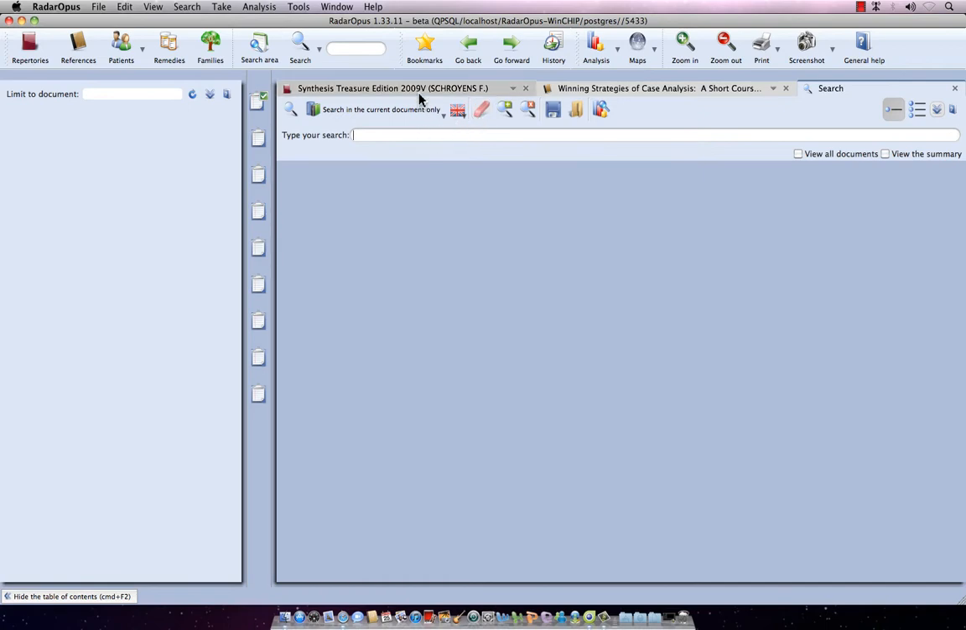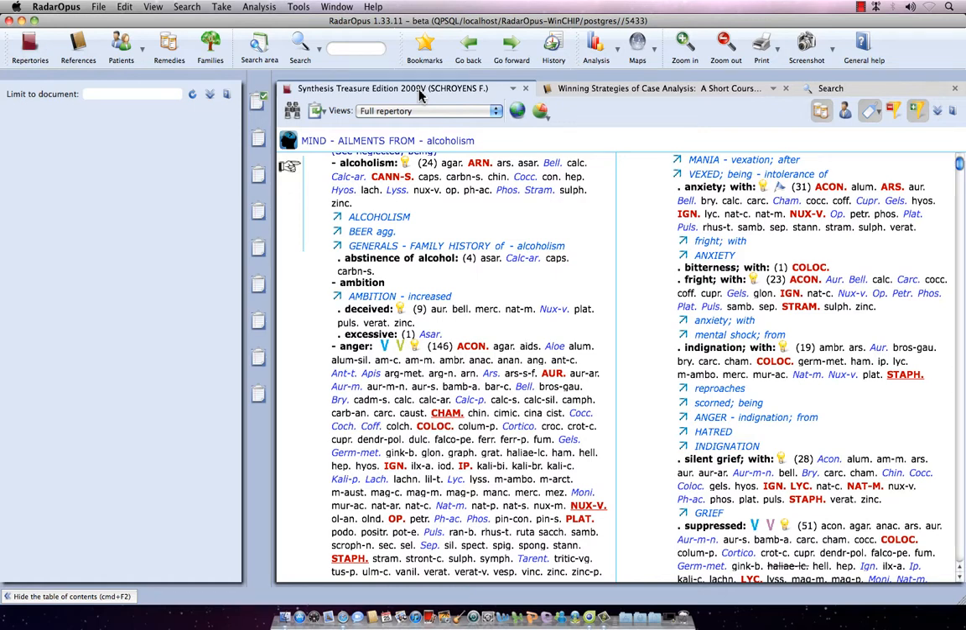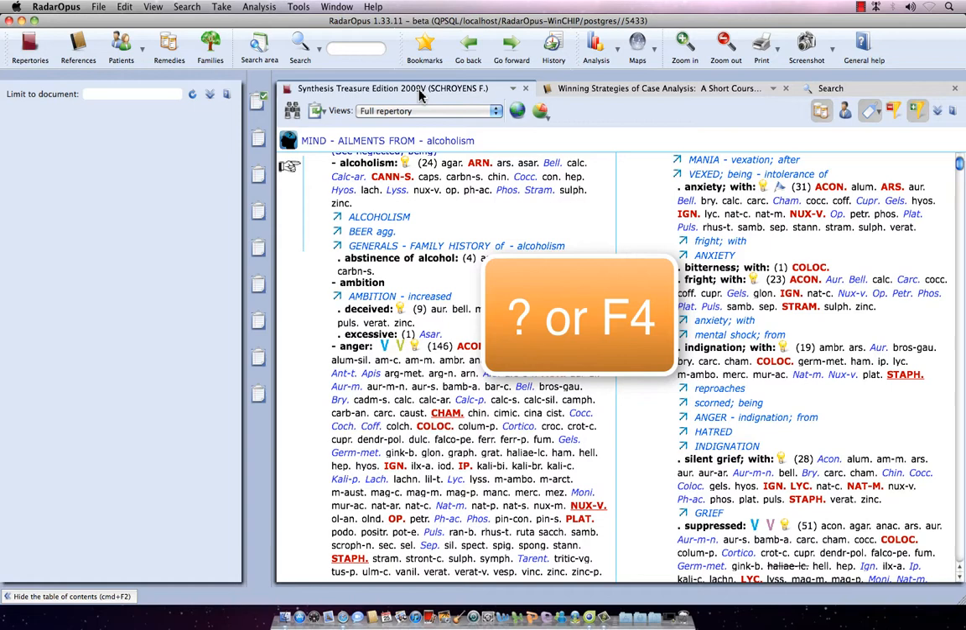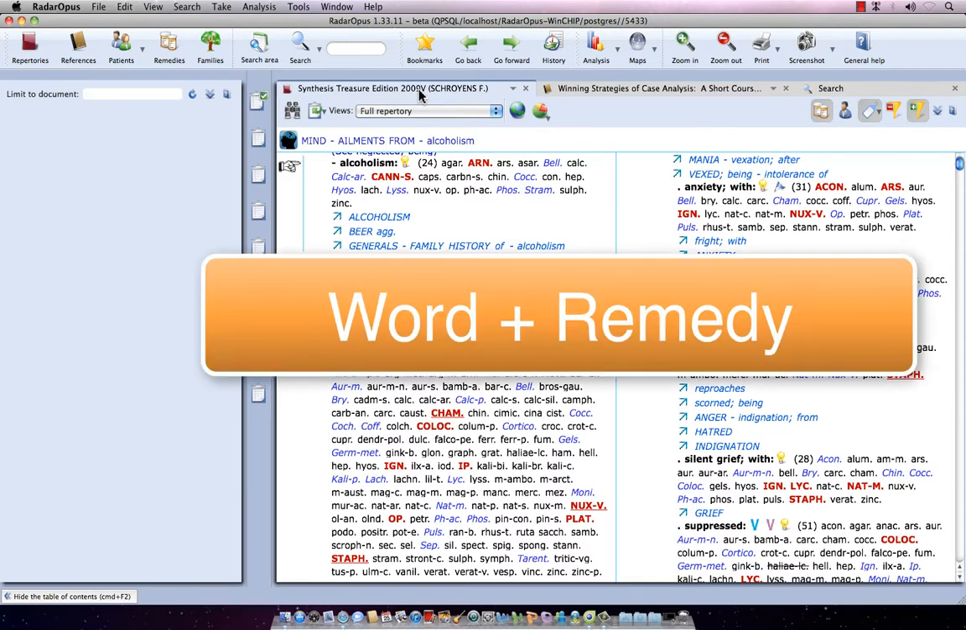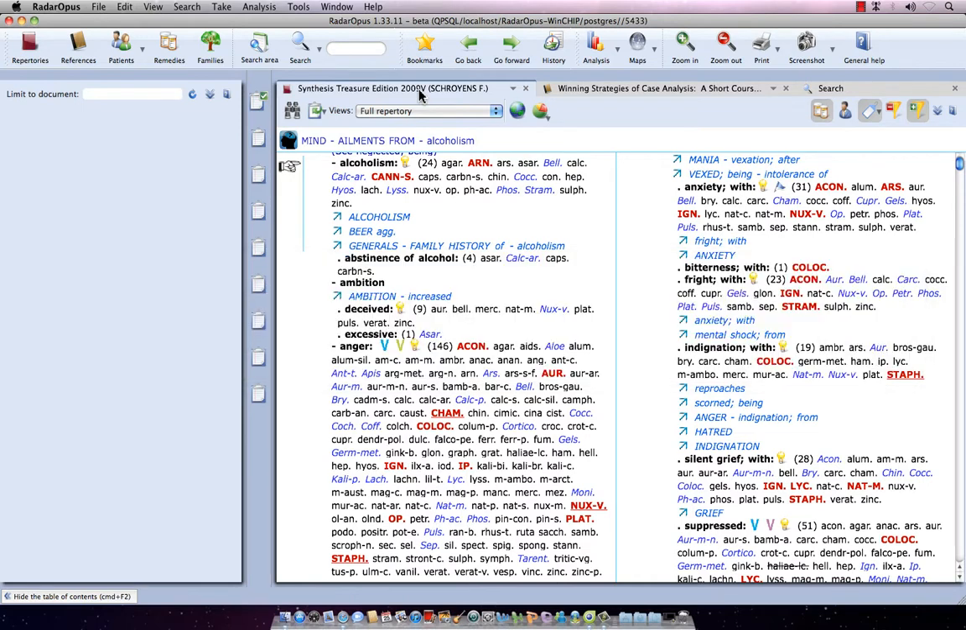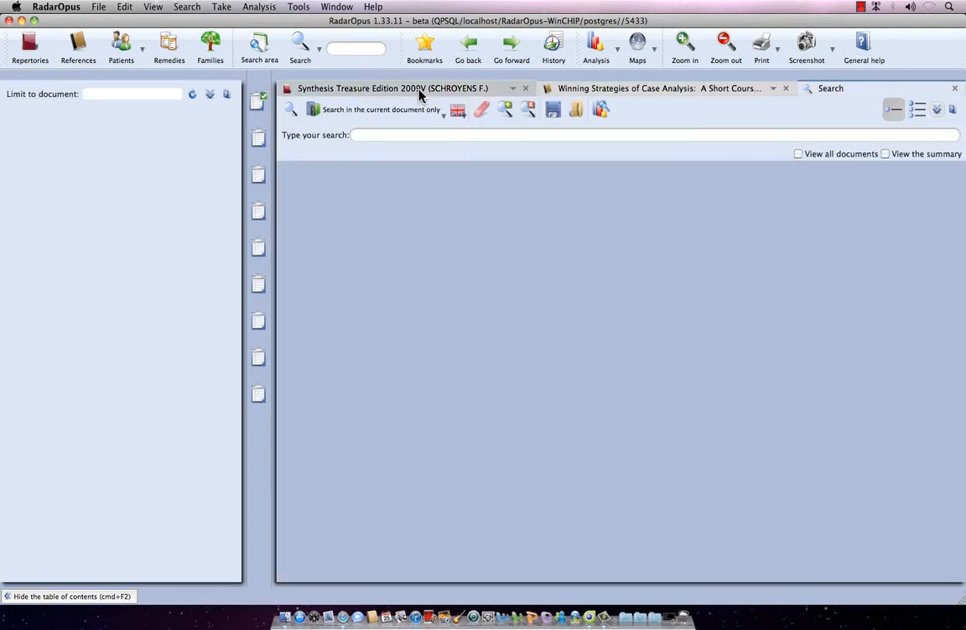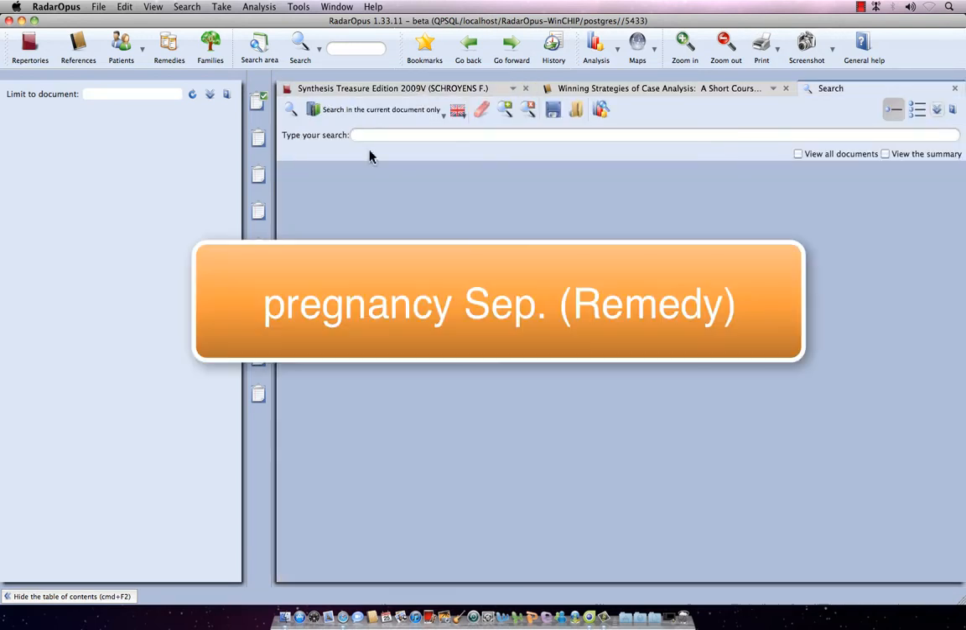Now, let's go back to the synthesis and I will show you again how quick this method is. On the keyboard, I now start to type question mark and it will open my simple search window, and I want to find all symptoms for a certain word where a certain remedy is in. So for example, I want to find all symptoms of pregnancy where the remedy sepia is in. On the keyboard I press question mark. I just start to type